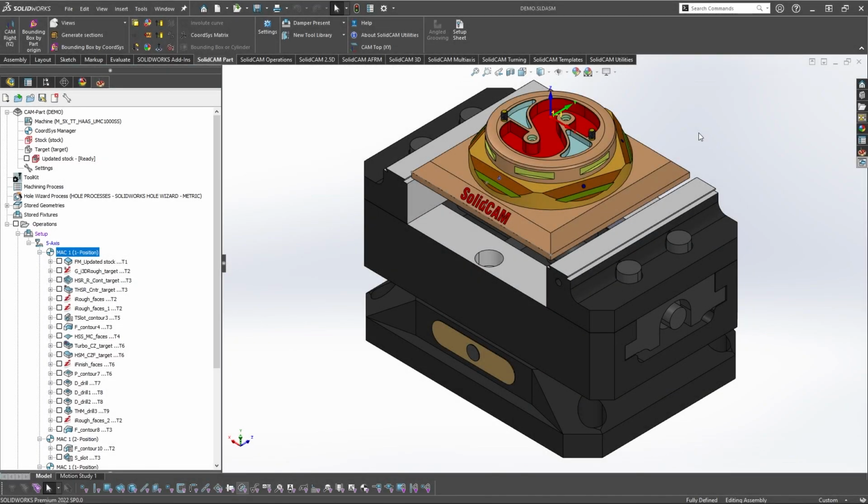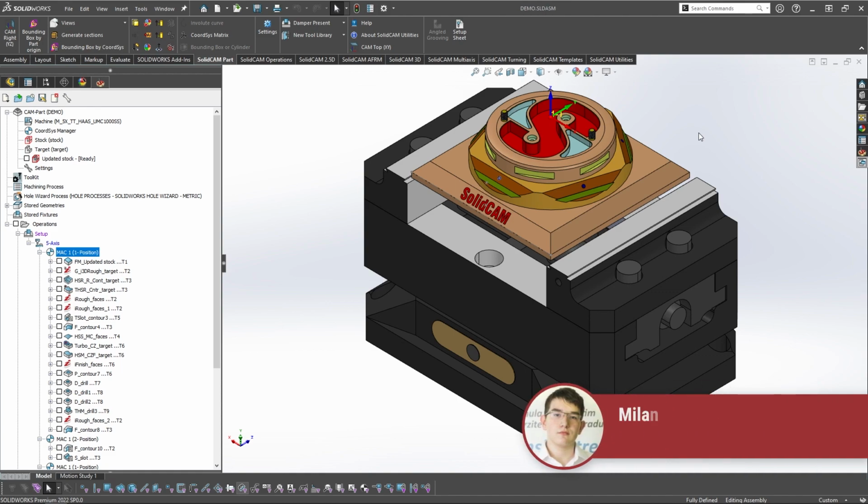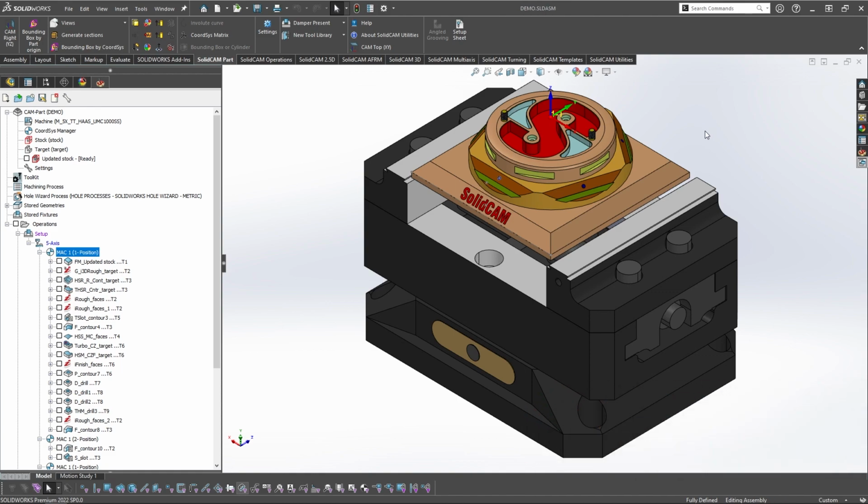G-code is not the only output SolidCAM can generate. Many times, the user has a need to generate documentation about the technology process that he has already created. The use of this documentation can vary, from delivering it to the operator side on the shop floor level, so